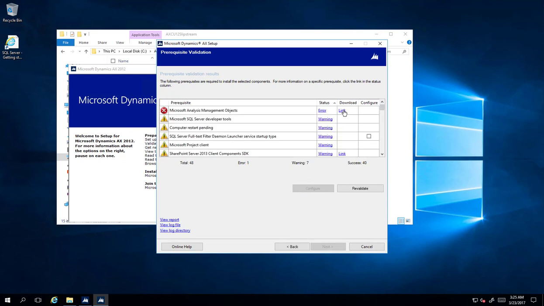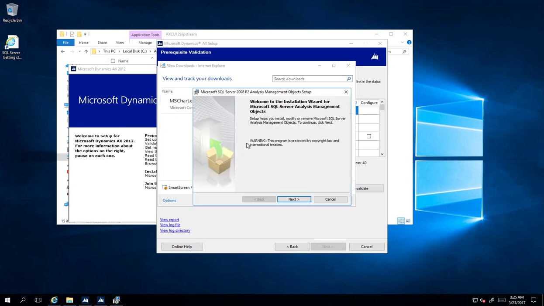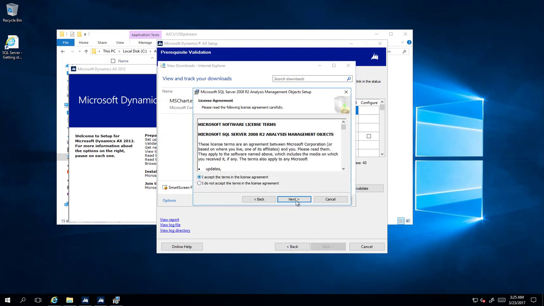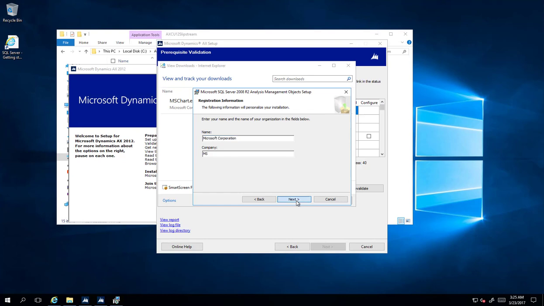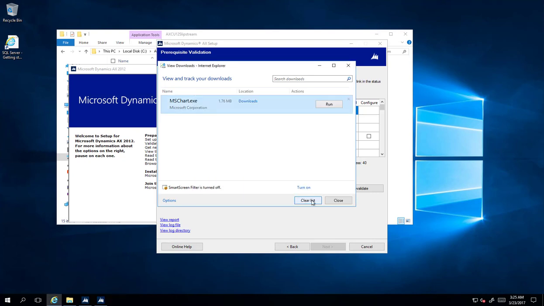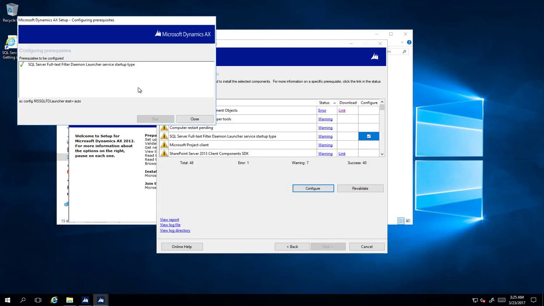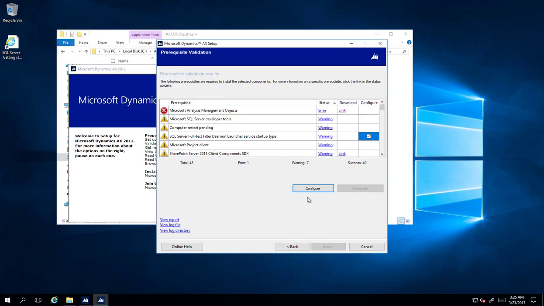So we have a prerequisite that we need to install. Again, this provides us with a link. We can go ahead and download and install it. If you have SSMS 2012 installed, you probably won't get this error, but by default, that's not installed on a Windows 2016 VM in Azure. So now that that's installed, we're going to go ahead and click Configure and then Configure again. So once this is done, we shouldn't have any critical errors, so we can go ahead and click Next and